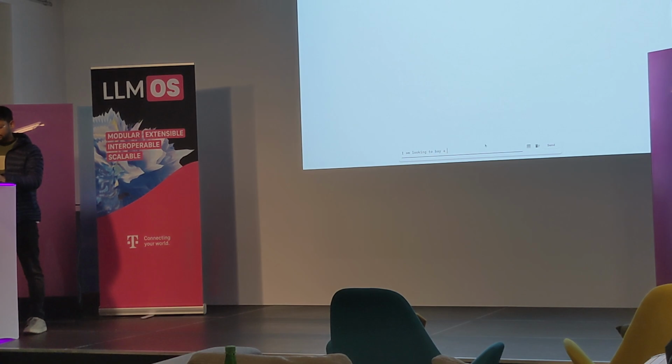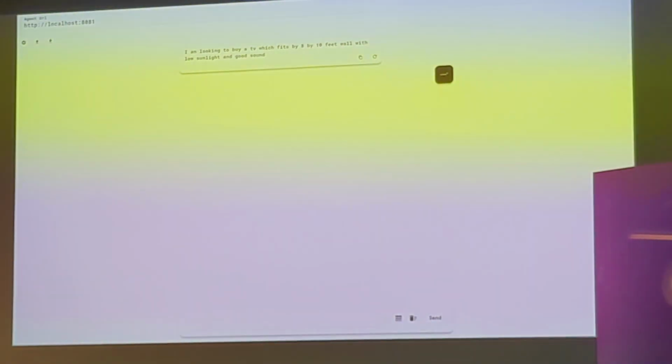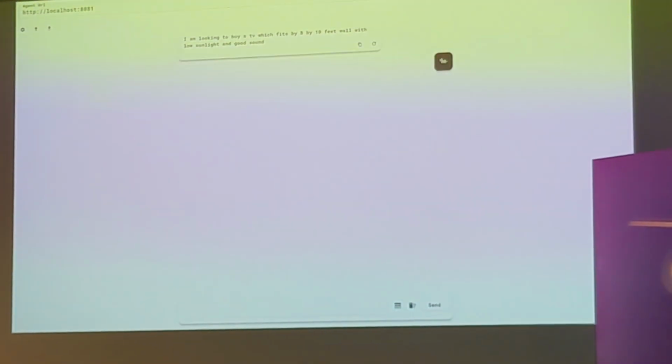I am looking to buy a TV which fits my, let's say, 8 by 10 feet wall with low sunlight and good sound. So the user doesn't know any technical specifications, what kind of screen he needs, OLED, LED, and everything. So now the agent will ask questions like a real-life salesperson will, that what are your screen